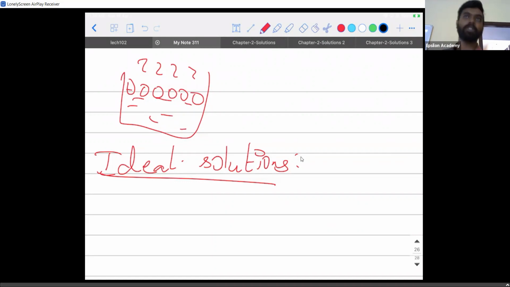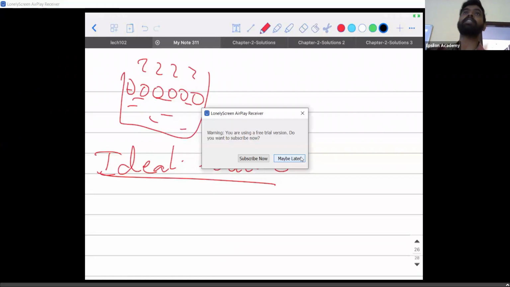Okay, right. So just how we have an ideal gas in your previous 11th class, there are some assumptions, obviously. You know kinetic theory of gases, right? So there are certain assumptions there. Say the volume of the individual gas particles is negligible when compared to the volume of the whole container. Like this, I have 4 or 5 assumptions for an ideal gas. Same way, for an ideal solution, there are some conditions for the solution to be ideal. Perfect solution, we call it. So for a solution to be ideal, what are all the conditions?